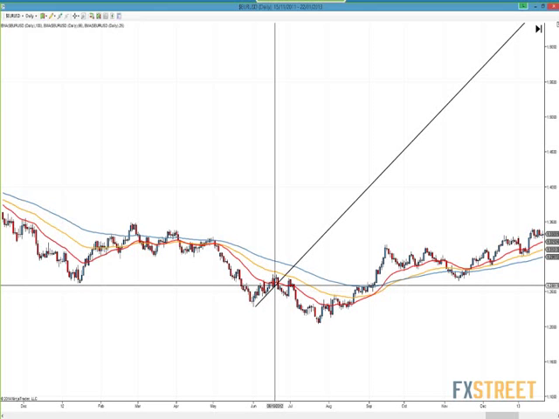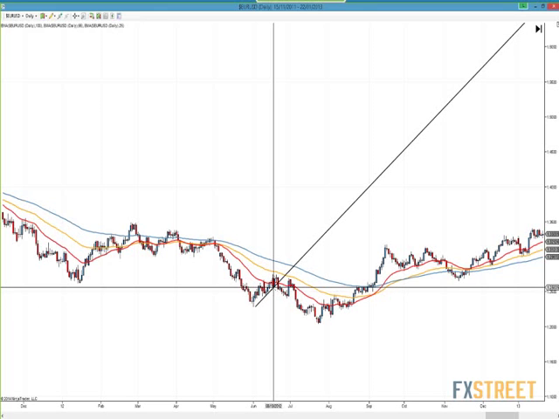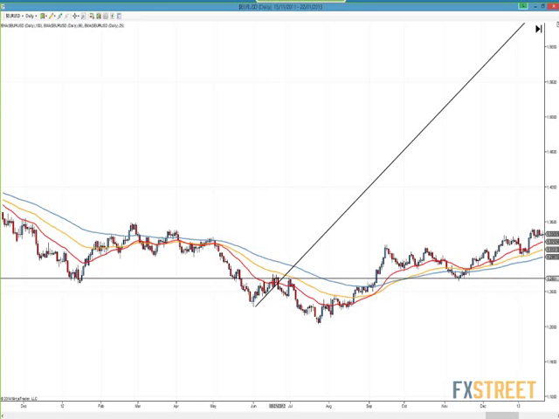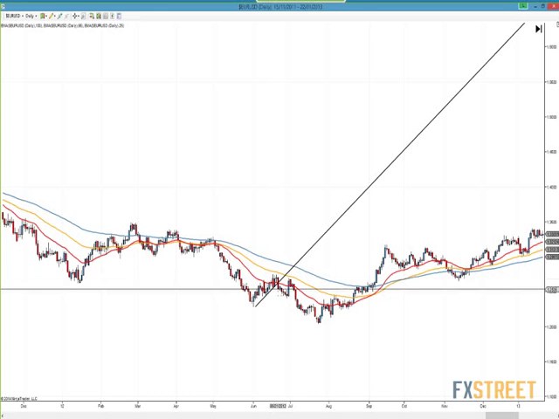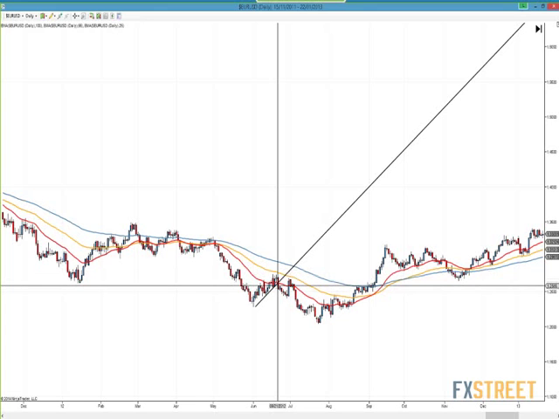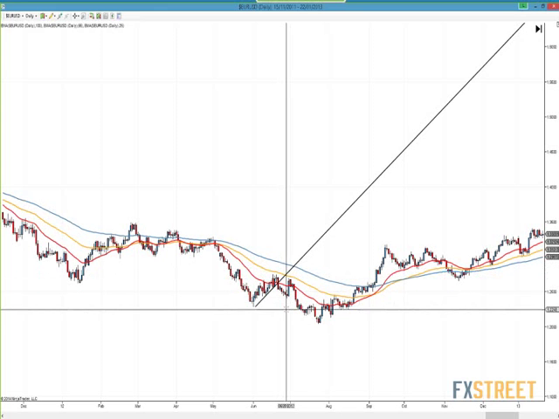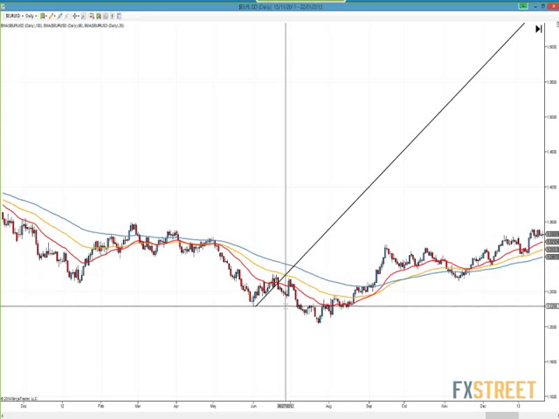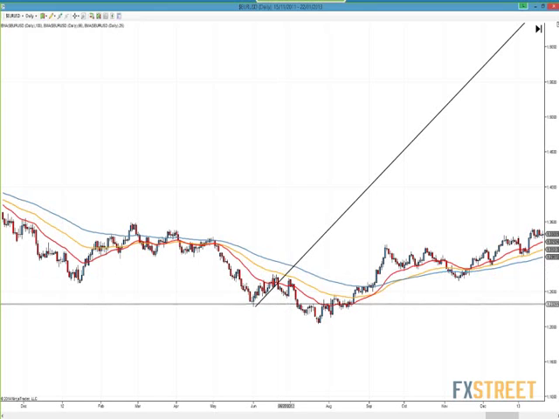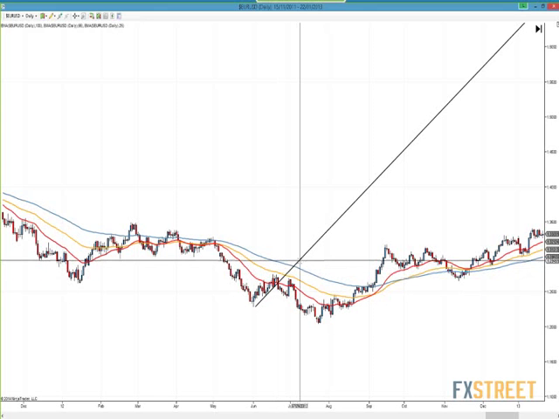It could be some sort of a topping formation. So you have sort of like a doji up here, spinning top type candle. Then you've got a very, very big bearish candle over here. So you may decide to get in after that candlestick formation. Stop above the high, look for one-to-one, which would be down here somewhere. You can go for more than one-to-one, but ultimately it's your favorite entry technique.